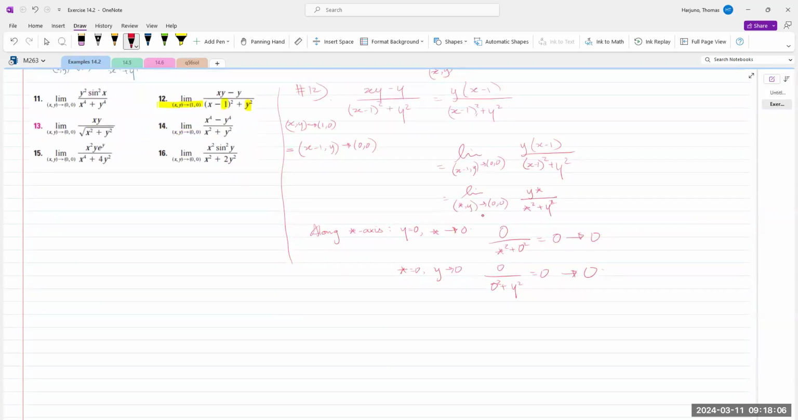Let's try to squeeze this. So xy over x squared plus y squared is less than or equal to xy over x squared. I can cancel the x, but then this will fail to converge to 0 as we expected. This will not go to 0 when y equals x. In other words, if we go along this path here,